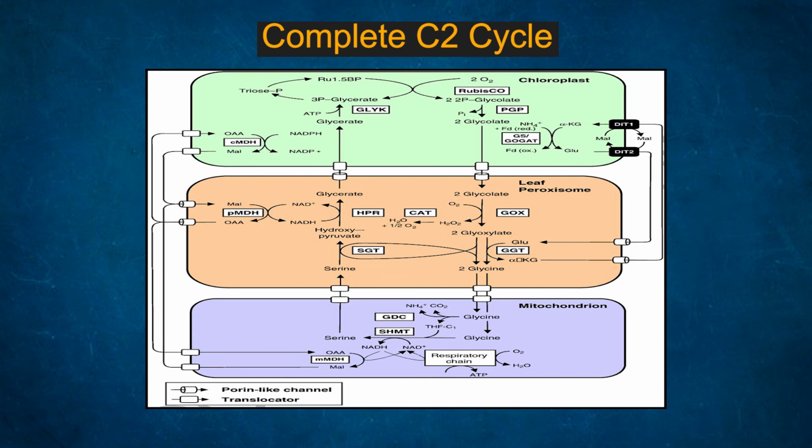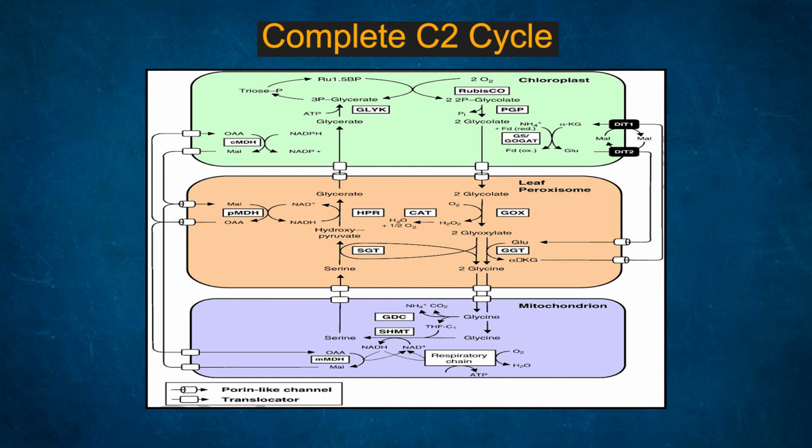This glycolate, through a specific connecting receptor, will get into the peroxisome, and the peroxisome will convert glycolate to glyoxylate, and this will produce hydrogen peroxide. Finally, glyoxylate is converted to glycine by taking in an amino group, and this aminotransferase will convert glyoxylate to glycine, and glycine is a structural amino acid which will get into the